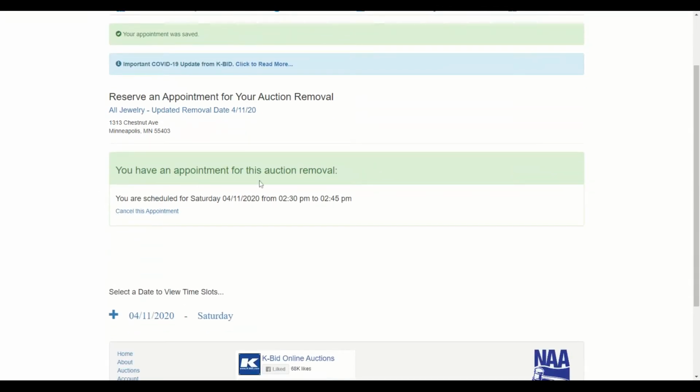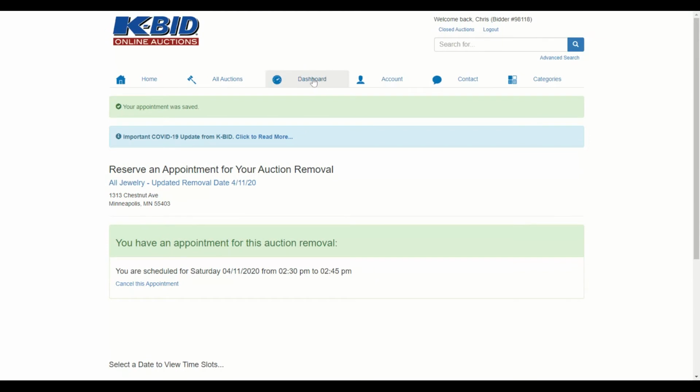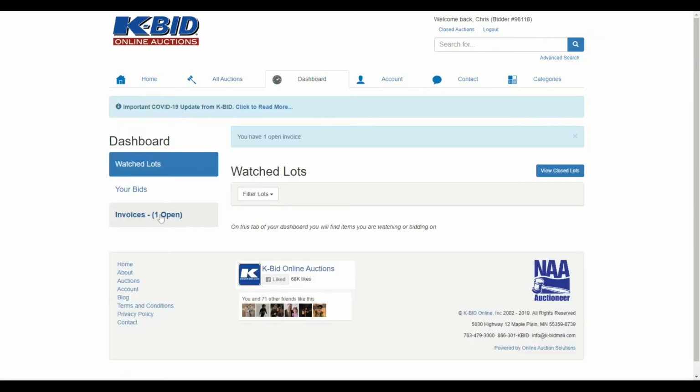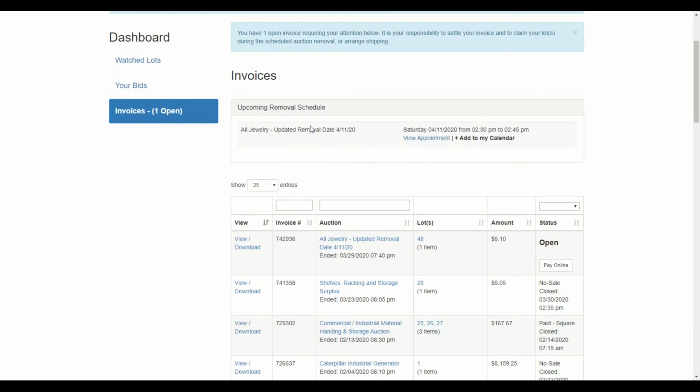Once reserved, you will see that you have an appointment for this auction removal and the date and time that appointment is. Again, on your dashboard, within the Invoices section, once you've made that appointment, you can always view it or add